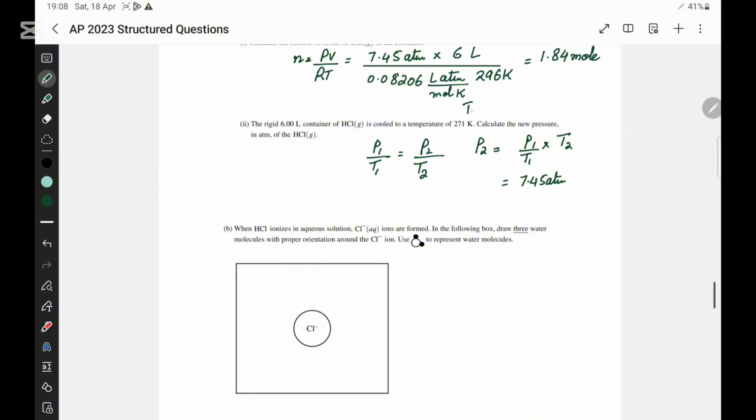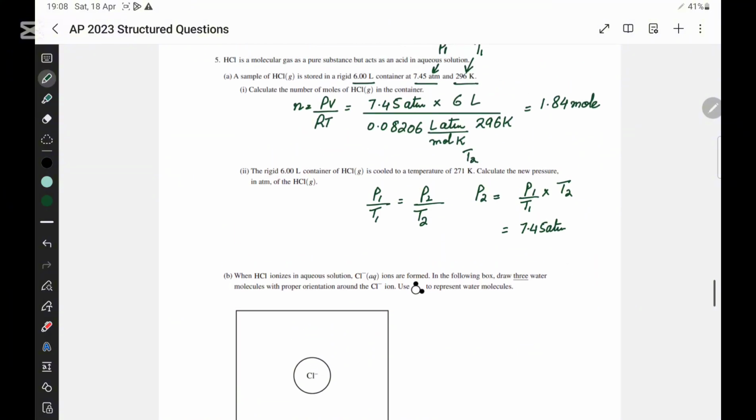And T2 is the final temperature, that is 271 Kelvin. And then we can do the temperature. T1 is going to be 296 Kelvin, and the answer comes out to be 6.82